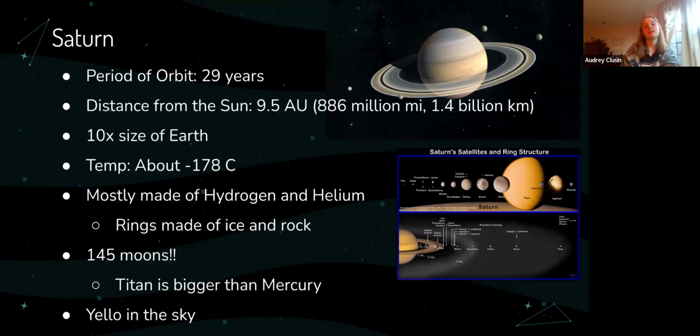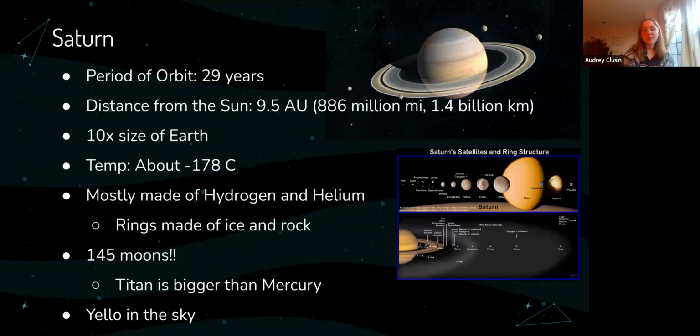The rings are made of ice and rock. I was talking about how the Earth at one point had a ring around it, sort of, because of a collision. So this is probably just debris, and also it's debris from collisions that turned it to rock, or is rock, and also froze. So those are what its rings are made of.